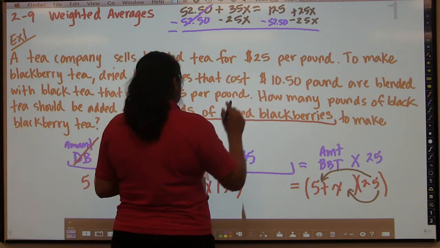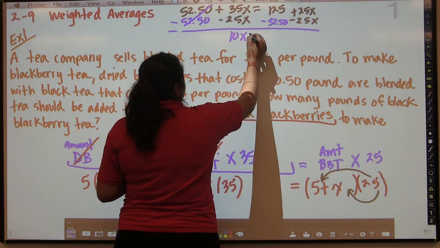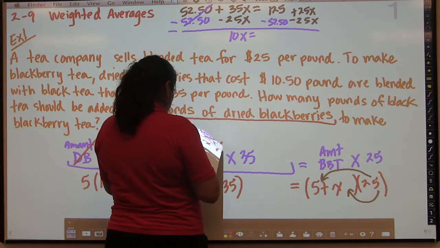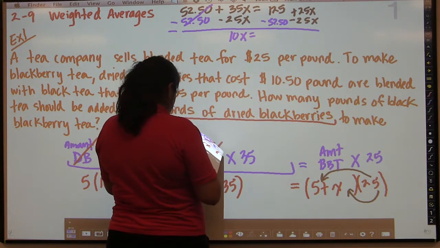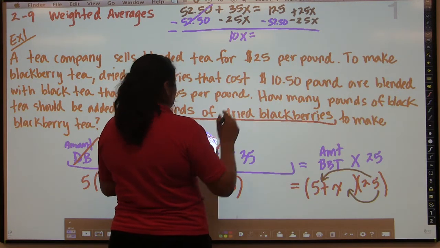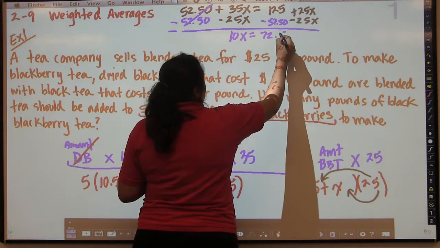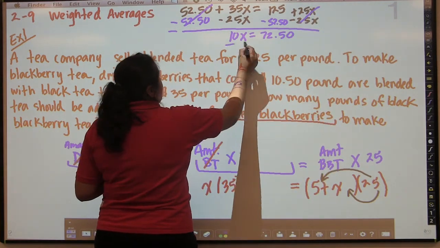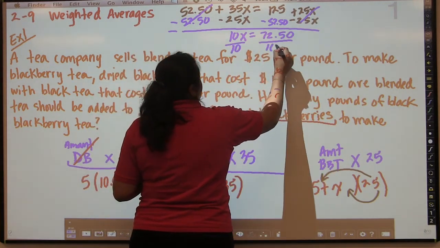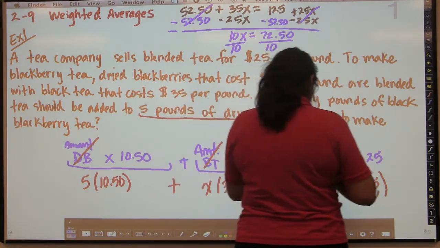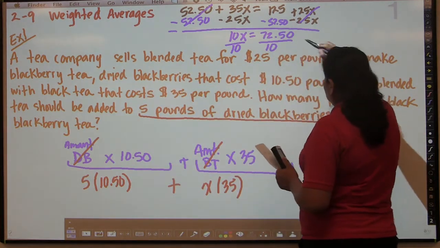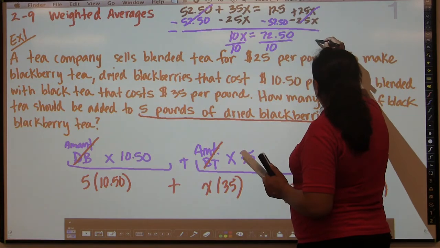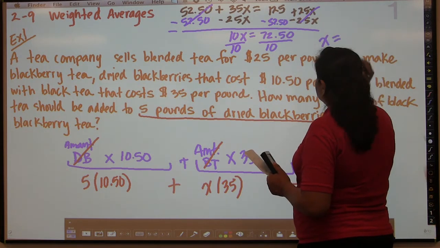So we're going to get 10x equals 125 minus 5250. And we're going to have 7250. That, of course, 25x minus 25x is going to cancel. We divide by 10, which really just means to move your decimal over 1 unit to the left. But it all costs here, x equals